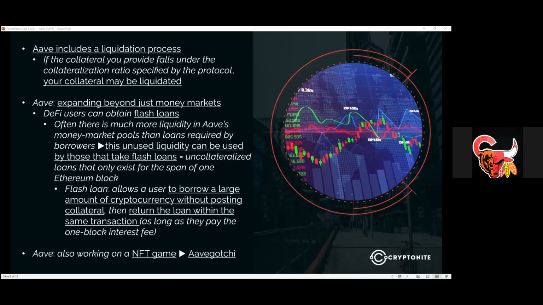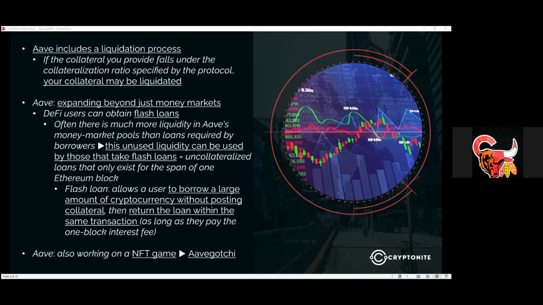But with some security, because we saw with Celsius, we saw with Voyager, all those guys were giving loans with no collateral. So of course, when the people could not reimburse, boom, it was the end of Celsius, the end of Voyager. So they have a liquidation process, that obviously, if you don't reimburse, or if the collateral falls, because let's say you put in enough collateral, that's why they over collateralize those loans. Let's say that you put twice the amount, but if the market falls 80%, then your collateral is too small.